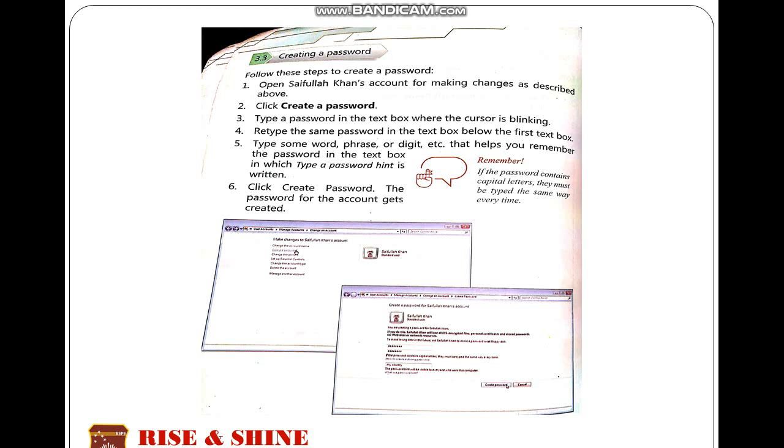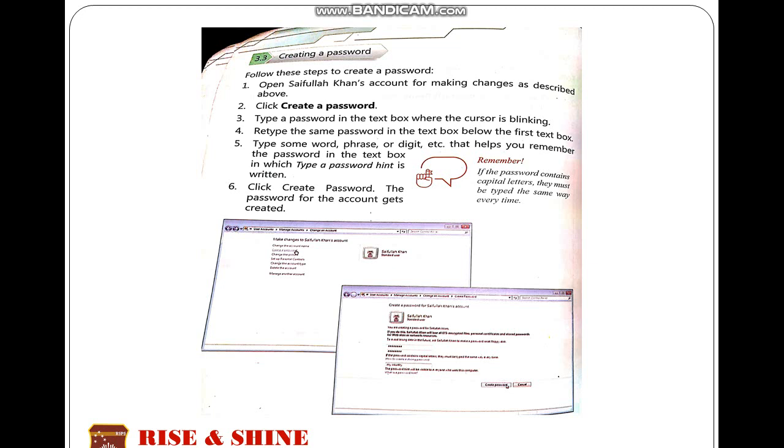Now next option is how can we change or create a password. To secure our data, we can create a password to our account. The method of creating a password is as follows. Open Saifullah Khan's account for making changes as described above. Same process as we followed in changing the name, same process we will follow for creating a password, but this time we will select the option create a password.